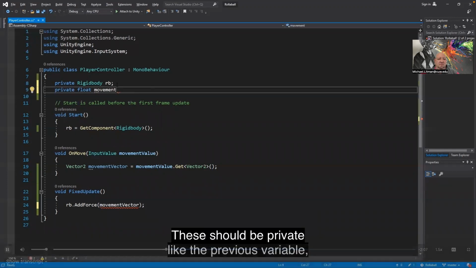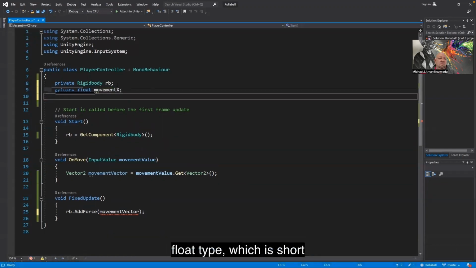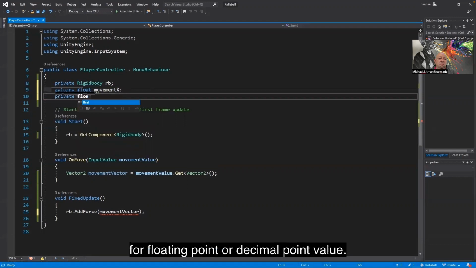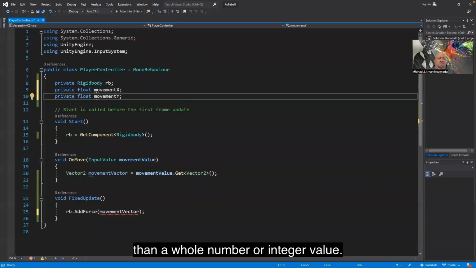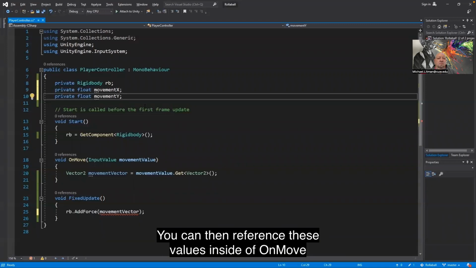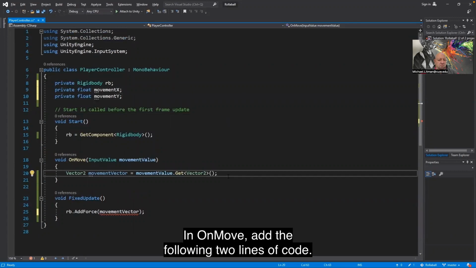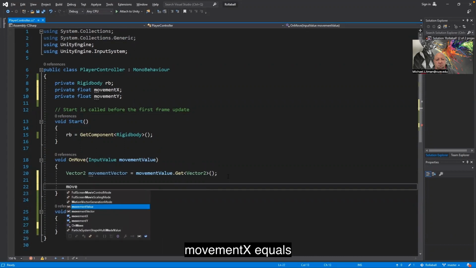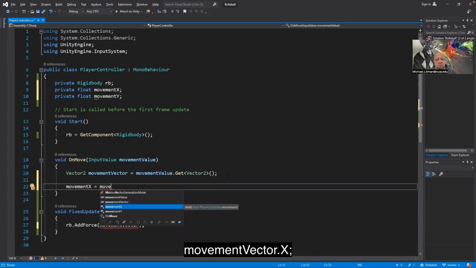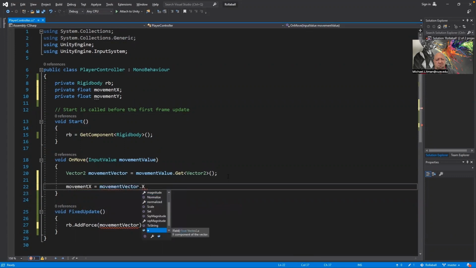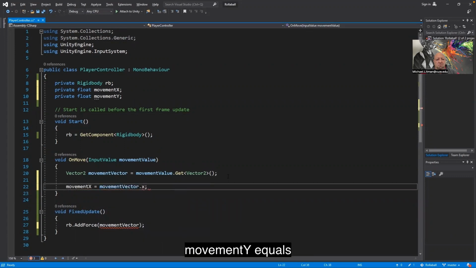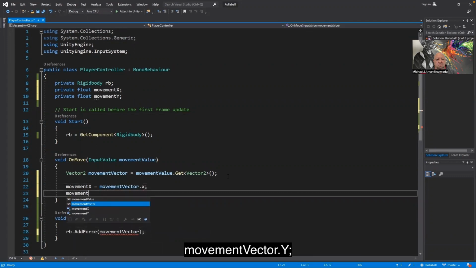Movement X and movement Y. These should be private, like the previous variable, float type, which is short for floating point or decimal point value. These give you more precision than a whole number or integer value. You can then reference these values inside of OnMove and assign these values of movement vector X and Y. In OnMove, add the following 2 lines of code. Movement X equals movementVector.x; Movement Y equals movementVector.y;